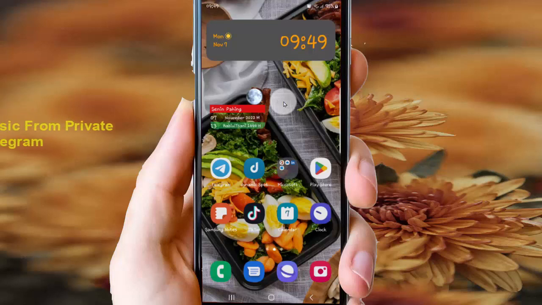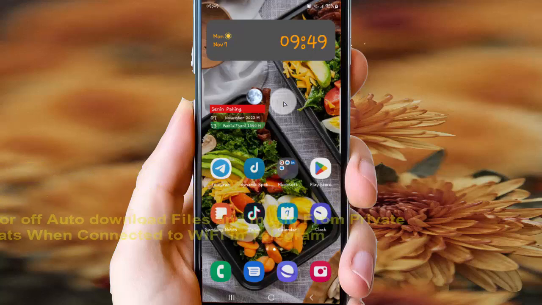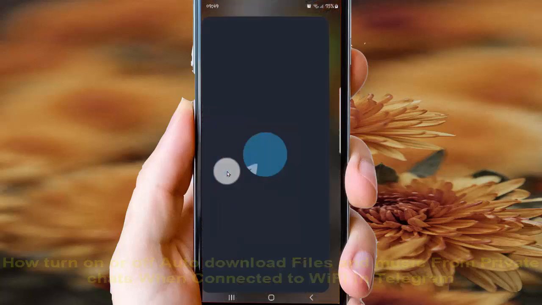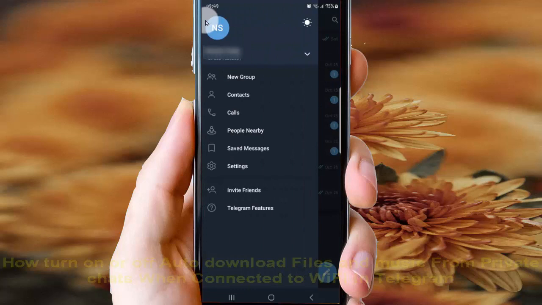To turn on or turn off auto download files and music for private chats when connected to Wi-Fi in Telegram. On your Android phone, open the Telegram app, tap Telegram to open, and then tap the more icon or three line icon, select settings,